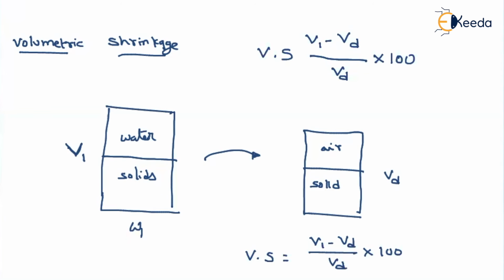Similarly, let us talk about the shrinkage ratio. We are observing two different quantities. In volumetric shrinkage, we observed only the change in volume with respect to the volume of the dry sample. But in shrinkage ratio, if you have two different water contents, then corresponding to those two water contents, we find the change in volume. That is what is called the shrinkage ratio.